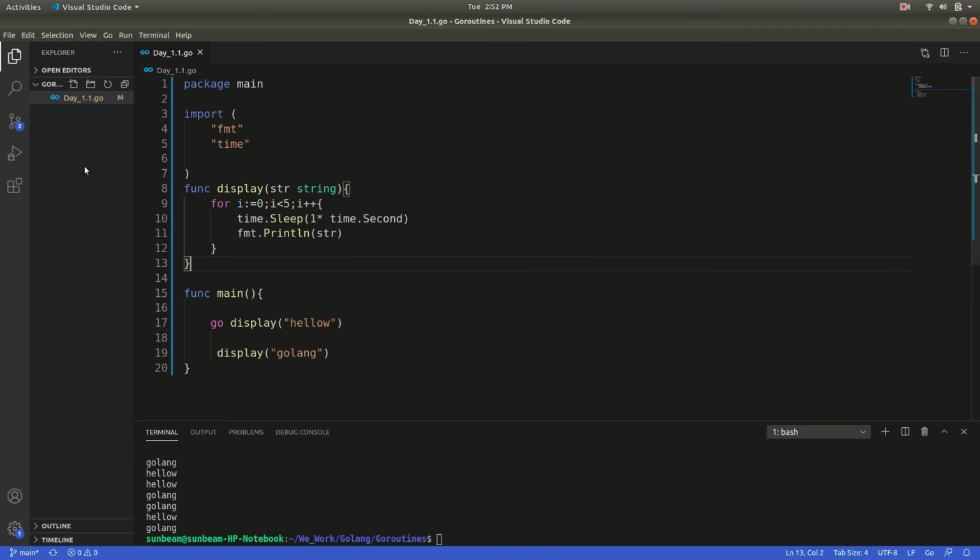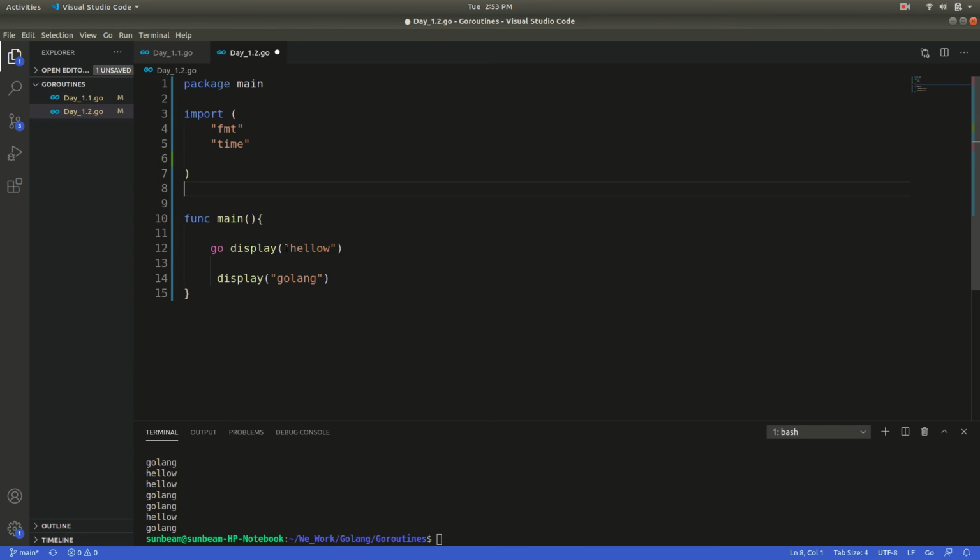Now we see another one, the anonymous goroutine. So we can copy this program and make it 1.2. Okay, and see, we remove this function, and okay, we remove this also.